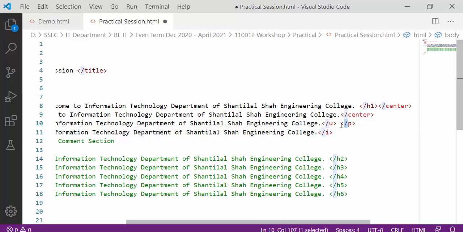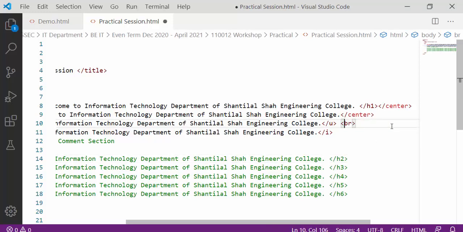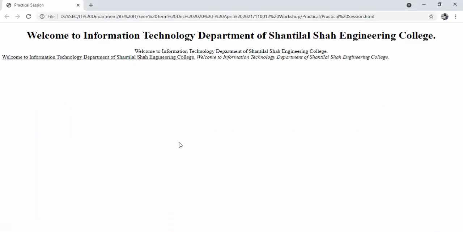Or sorry, not p, but we are using the br tag. Simply br. Just save it, go to the page and refresh. See, the next line is starting from a new line.